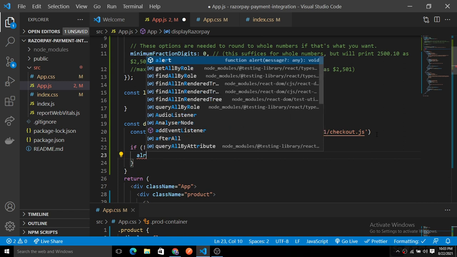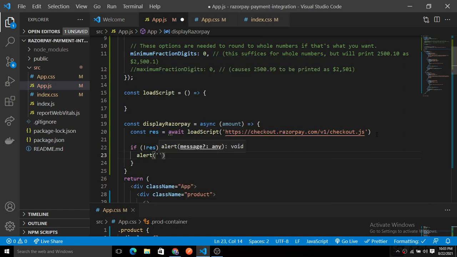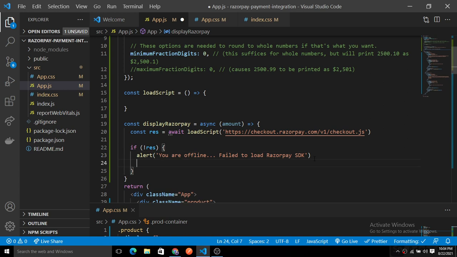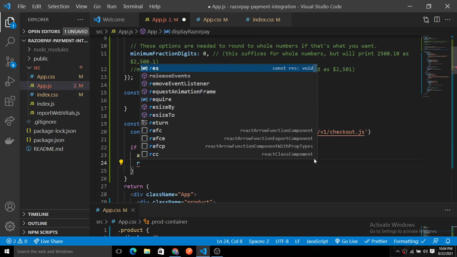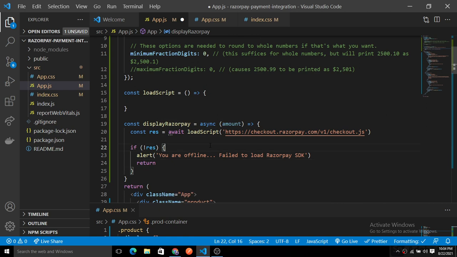We simply alert the user: you are offline, failed to load Razorpay. When we didn't get any response from there, this is for the edge case, and it will simply return nothing from there, right?